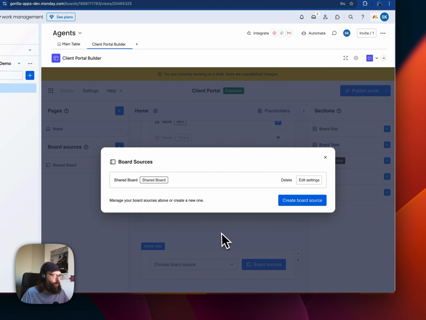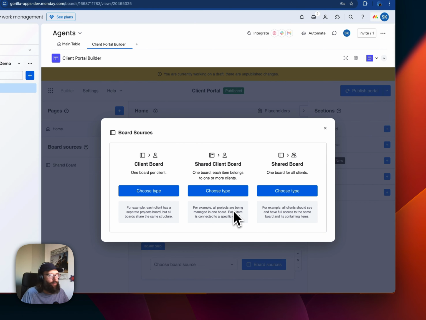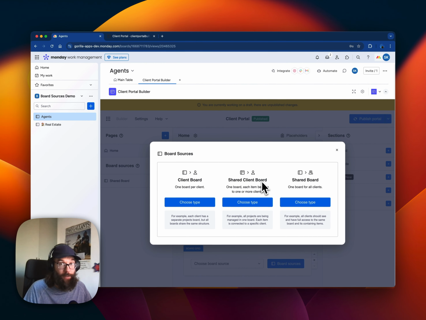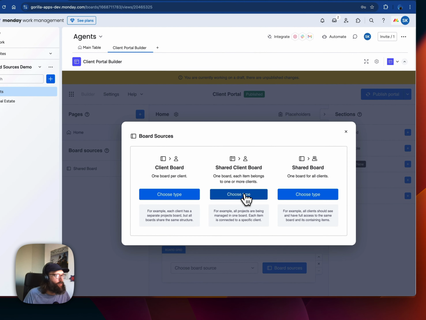Now add another board source, and this time we're choosing the board source shared client board. This board source is for the case where you have one board with a lot of items, and some items belong to one client and other items belong to another client, and some items might also belong to multiple clients. So we'll choose this board source